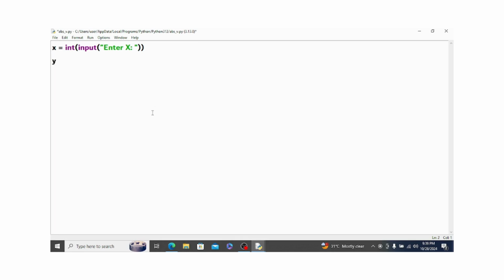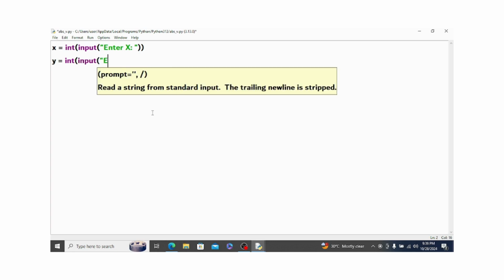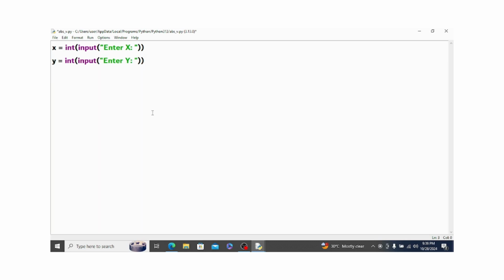So now let's make another variable called y. Then make it int. Just do the same thing for it. Okay, so now we have to check if the x is less than or greater than the y. So now let's put an if statement, x less than y, enter. Then it has to print there